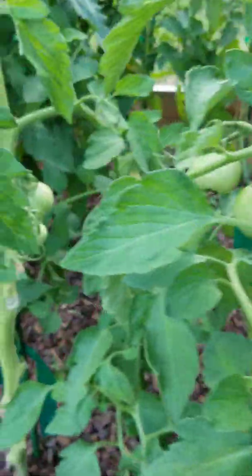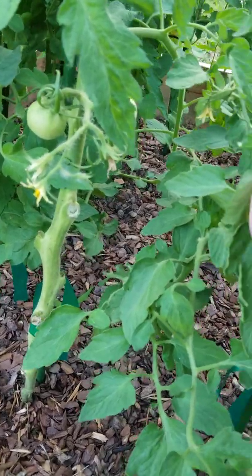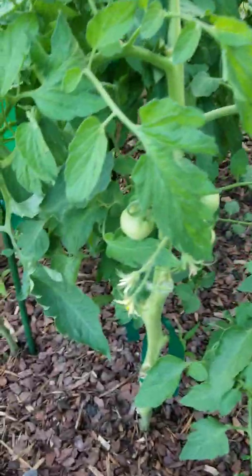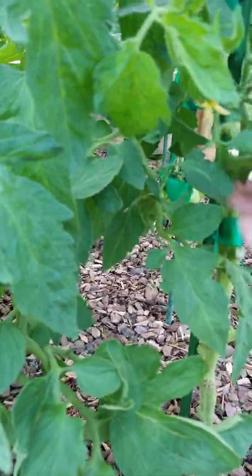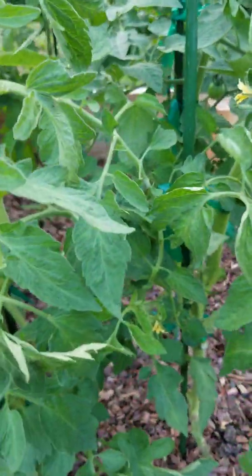But look, some of these Dad's Sunset tomatoes have set some fruit. That's exciting. These are the Dad's Sunset tomatoes right here. I don't see any fruit set on this one quite yet, but there's still a chance for that flower right there to do something. But in the meantime, I've got blossoms up here,